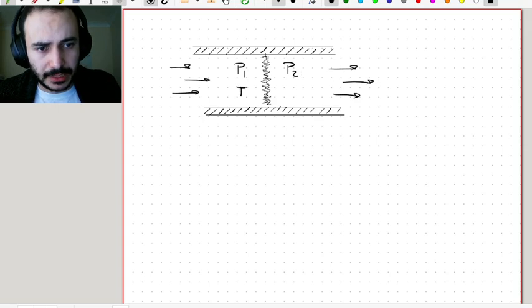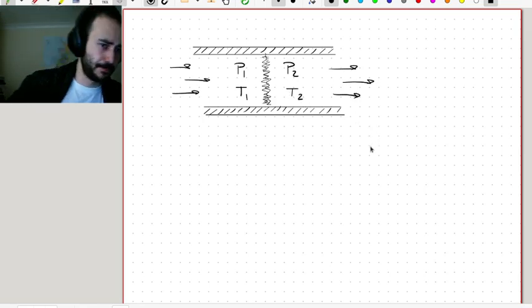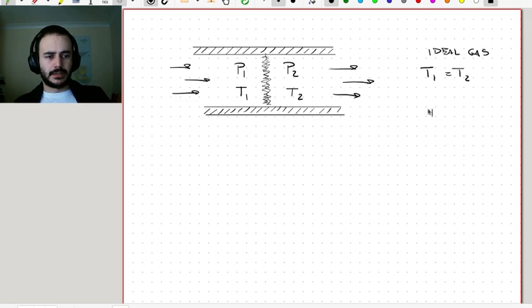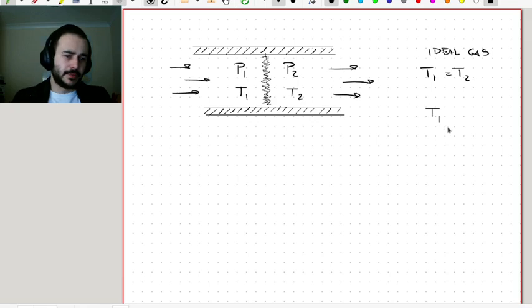And this means that the temperature on the left hand side might be different from the temperature on the right hand side, okay? And in the case of an ideal gas, though, this is not the case. That was what Joule found. Joule found that T1 was equal to T2. And this is only for an ideal gas. However, if you have a real gas, in general, T1 might be larger or smaller than T2, but what we would like is that actually T1 is larger, let's say larger than T2,